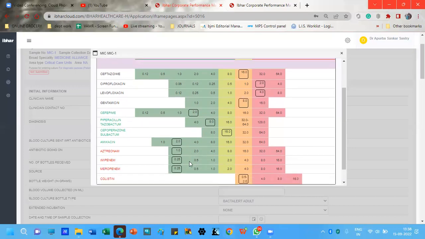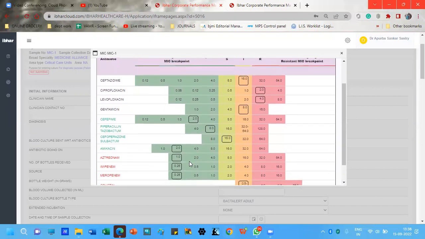Why is it helpful for the clinicians? You can report the therapeutic index or the breakpoint to MIC quotient as a number: 4, 2, 8. But for the clinician, it is a little difficult to read the number and have a feel. Why does the MIC guiding table help? Because it gives a visual picture. You only have to tell your clinicians, look for the higher drug and see where the boxes are. The farther it is from the yellow, the more chances that the drug is going to be efficacious. So in this case, amikacin is farthest from the yellow, so it is going to be the best among